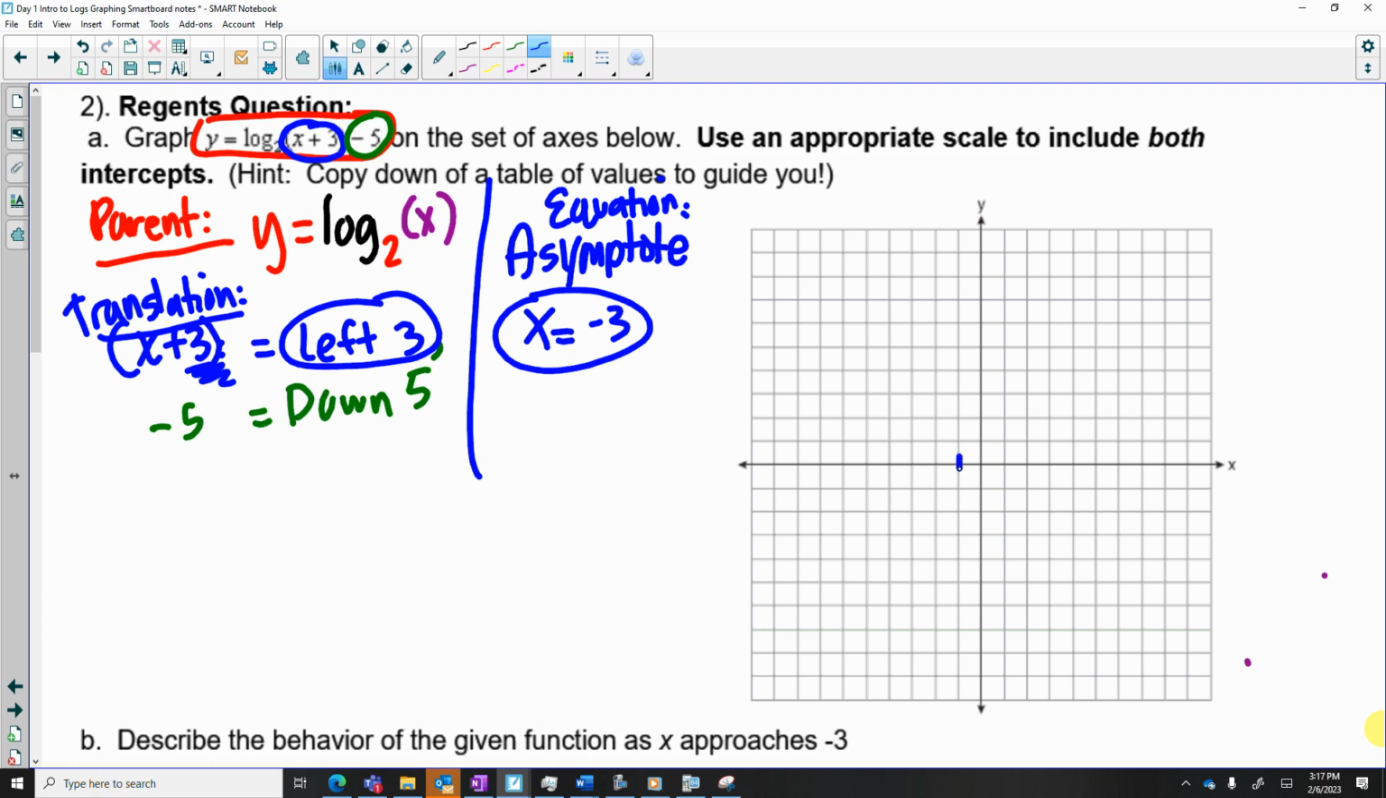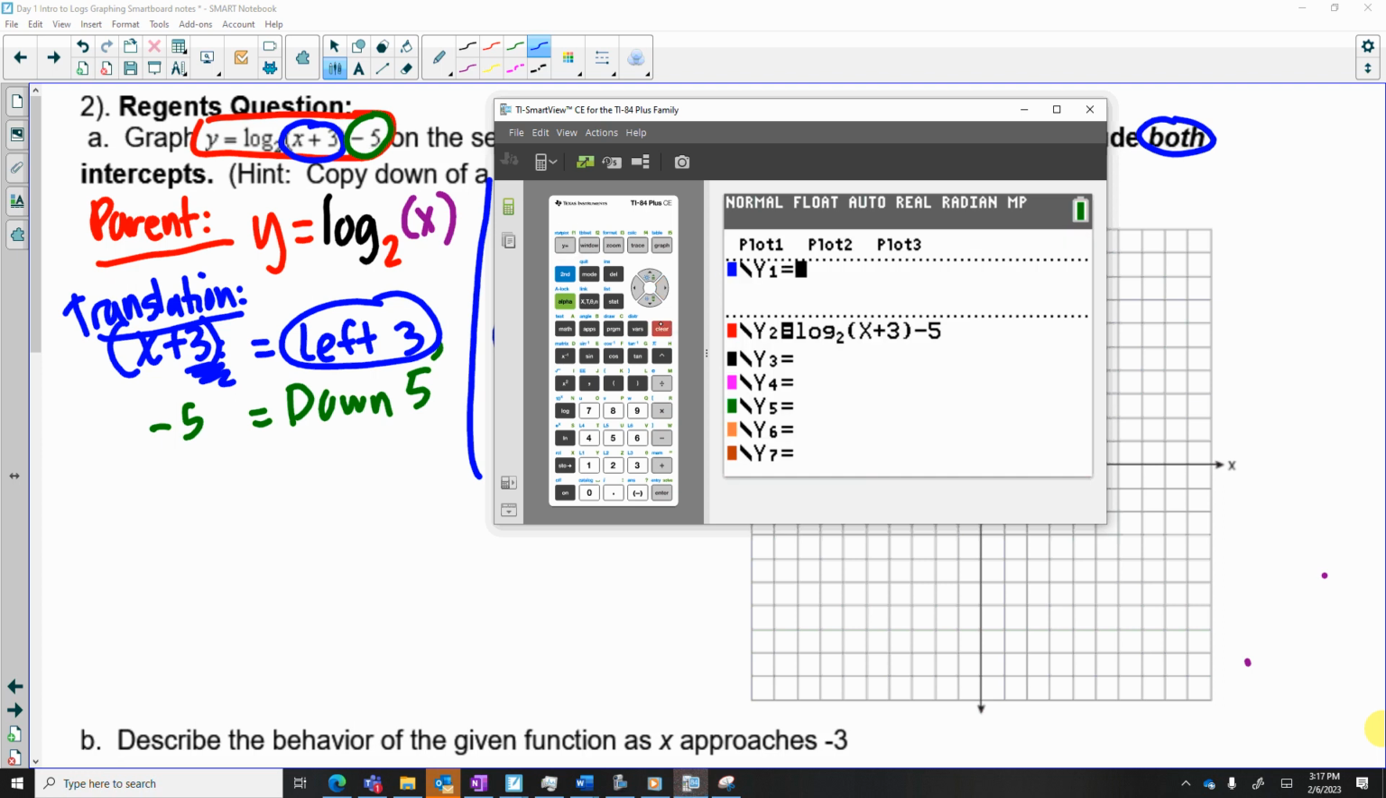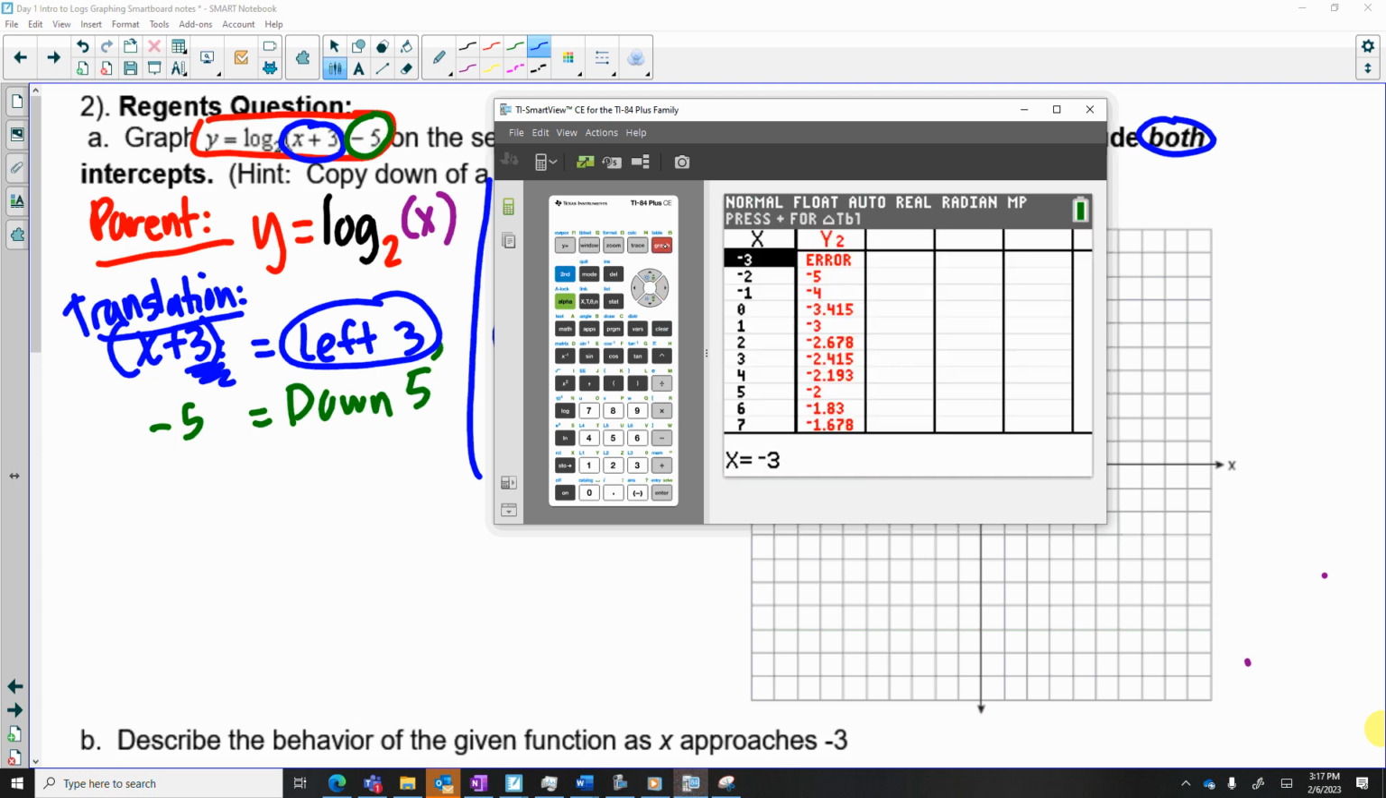So we're going to go to negative 3 and graph the asymptote. Now, if you go to your directions, it says use an appropriate scale to include both intercepts. So both intercepts means we need the x-intercept and the y-intercept. Before I even graph this, I probably should have read the directions and said, I need to do a little bit more here. So go to the table. I deleted the other function so we could just notice that we're going to copy down some points, and we know that our y-intercept is (0, negative